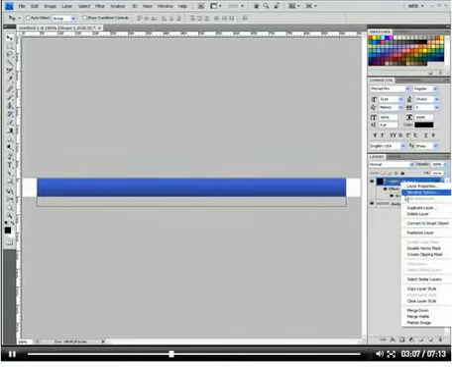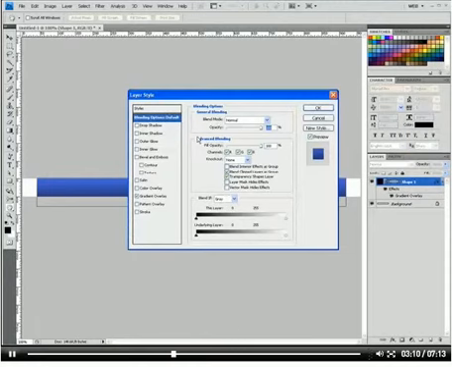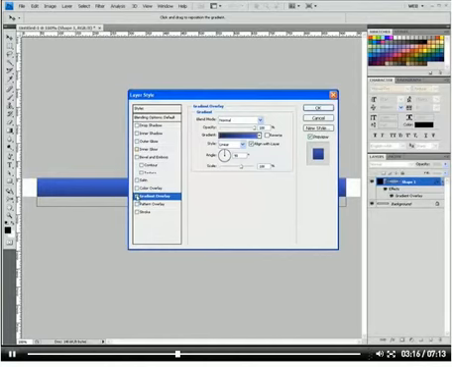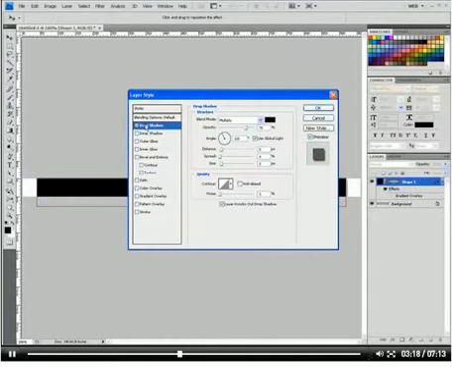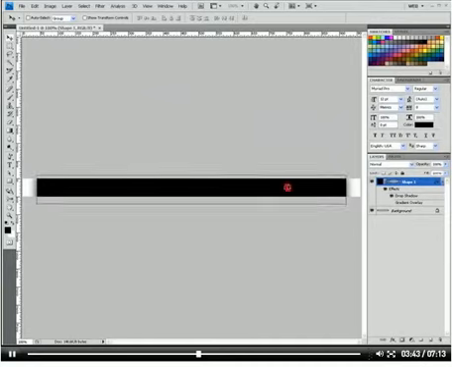If we right click on the shape layer and choose the blending options, I'm going to turn off the gradient overlay that had been turned on from a previous tutorial, and I'm going to go into the drop shadow and turn that on, and I'm going to set the distance at 0, and I'm going to increase the size to, let's go just 27 pixels, and I'm going to bump up the opacity to 100% and click OK. And I'm just going to scoot this shape up so it's centered vertically,